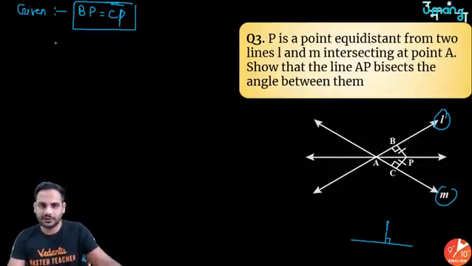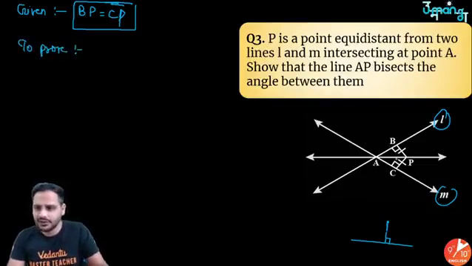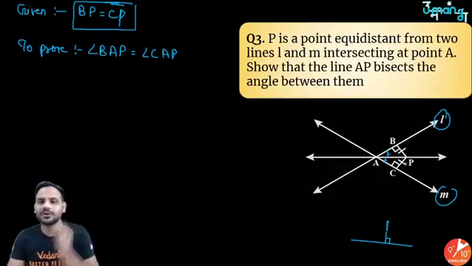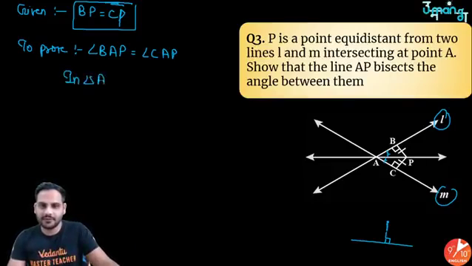So okay, we need to prove कि ये जो दो छोटे-छोटे एंगल है ना बेटा, these two angles, those small angles, they are equal to each other. So we need to prove that angle BAP is equal to angle CAP. है ना? Then only I can say that AP is bisecting the angle between them, because it is dividing it into two equal angles. So it's very easy, very evident from the diagram only, that I will say sir in triangle ABP